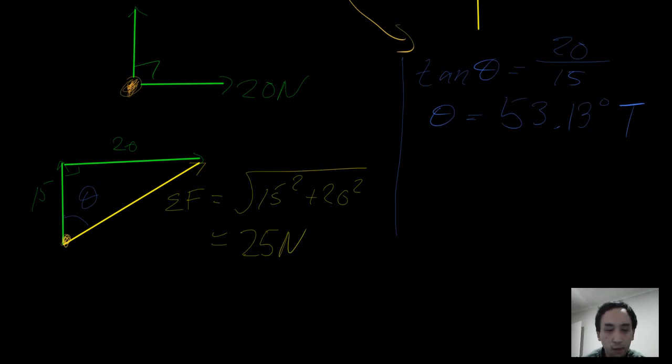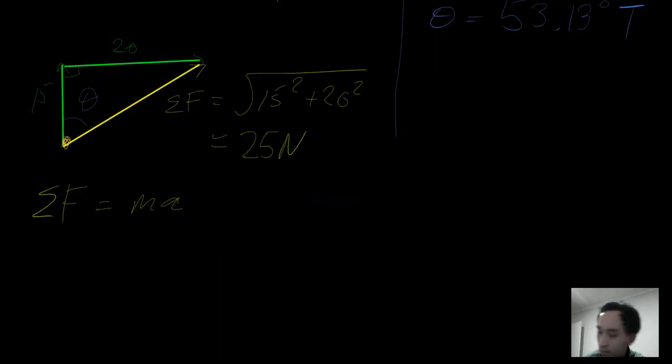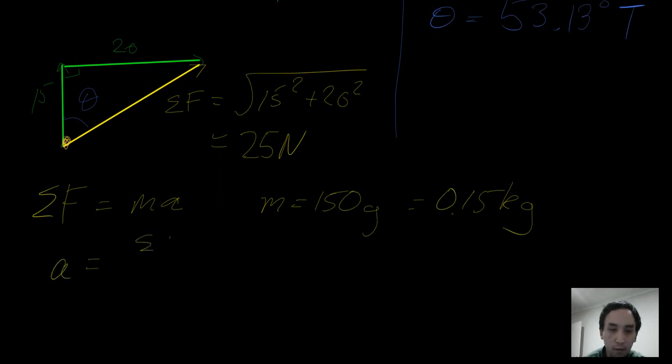So if the net force is 25 newtons, we know that the net force is equal to mass times acceleration. And from the start of the question, we knew that m was 150 grams, which is of course 0.15 kilograms. Okay, so if you want to find the acceleration, then this is simply the net force on mass,